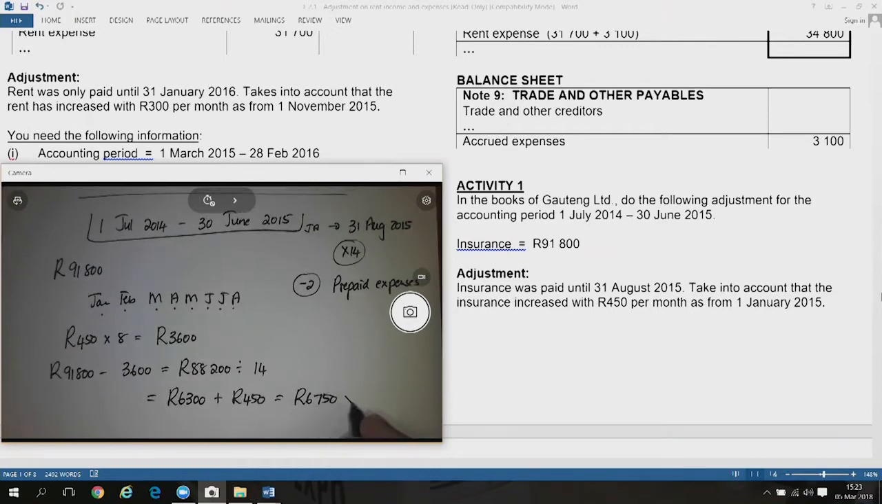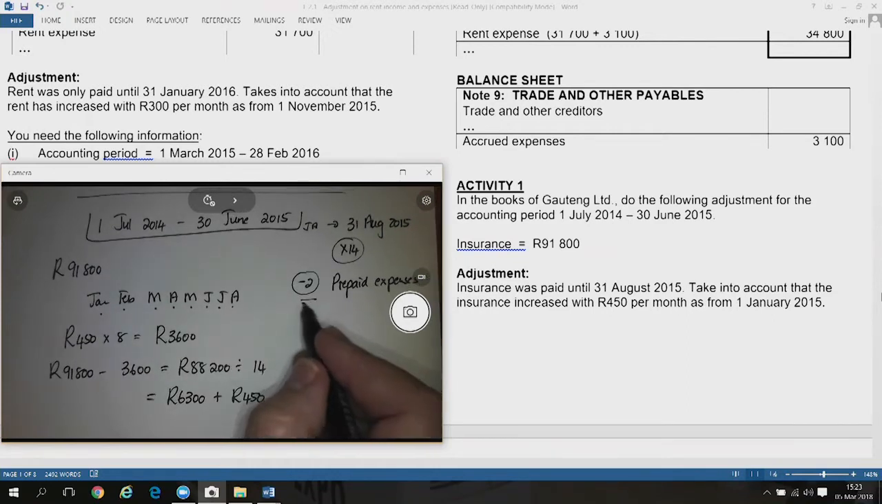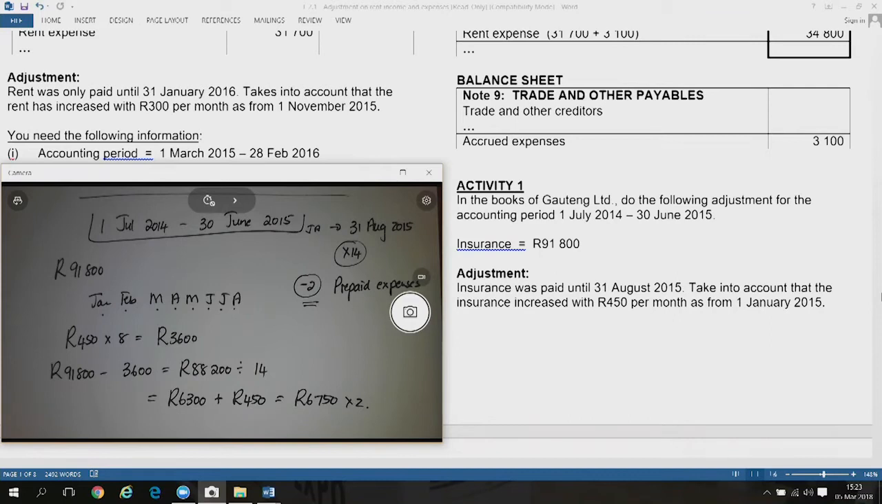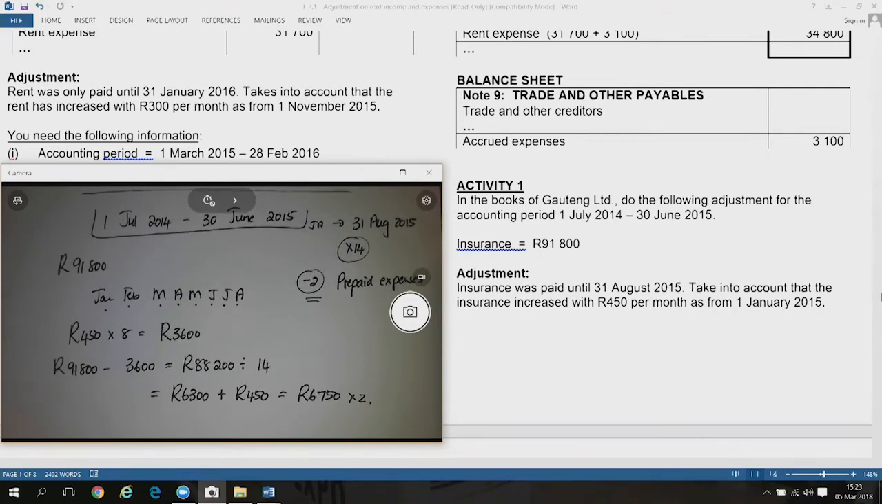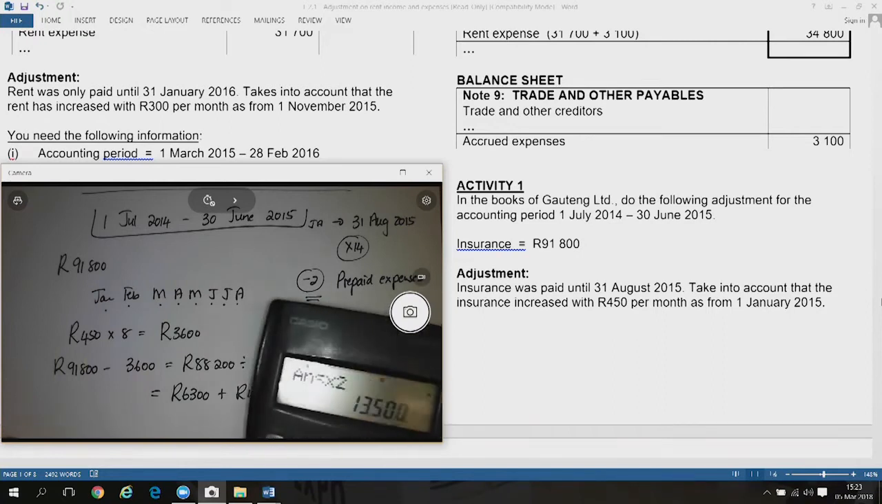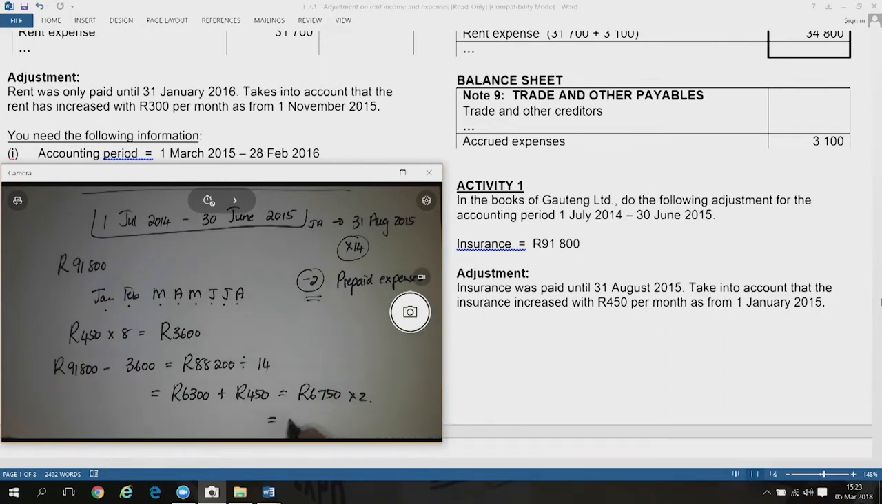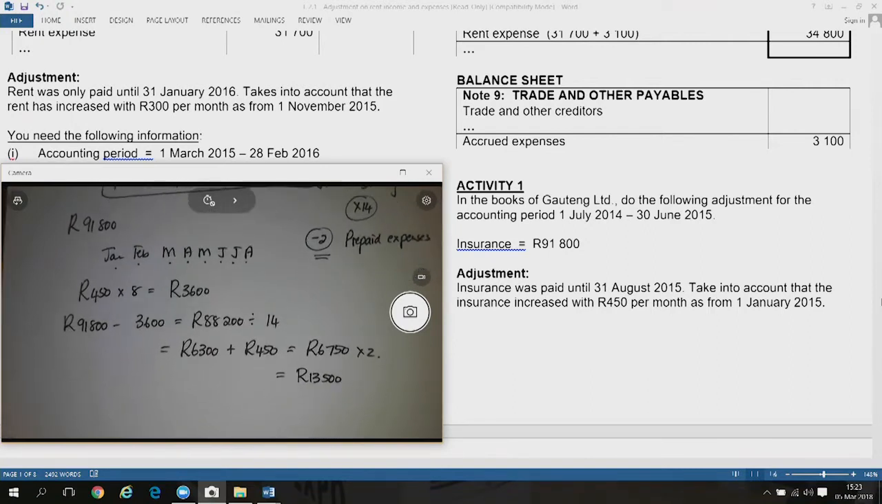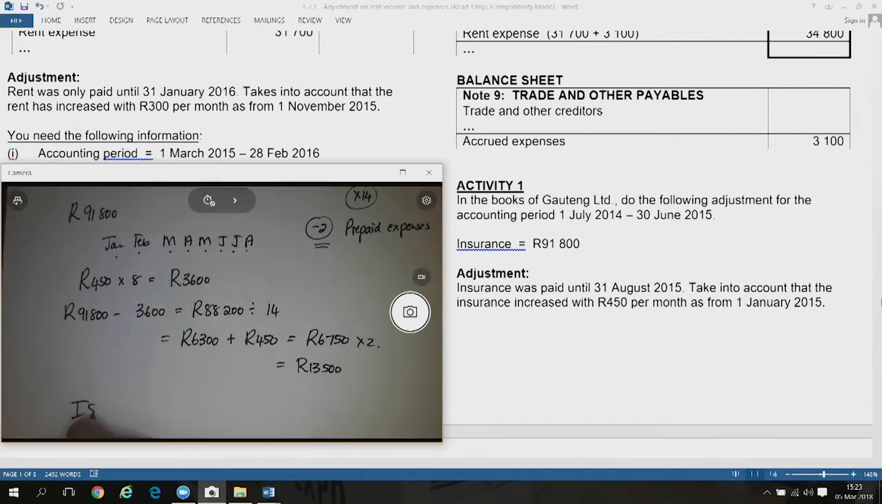6,750, and then you times it by 2. Remember that we must take away 2 months as prepaid expenses. So that gives you times 2, and that gives you 13,500. Okay. In your income statement, your insurance